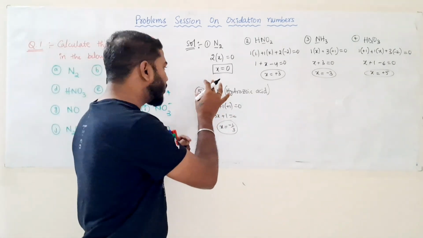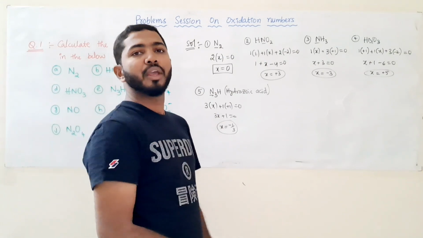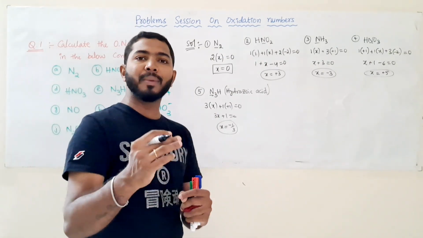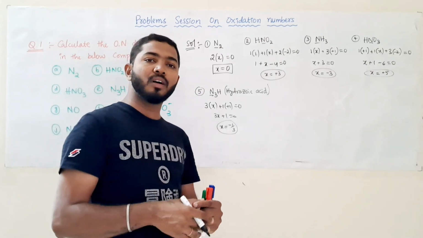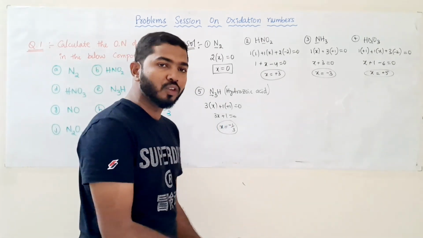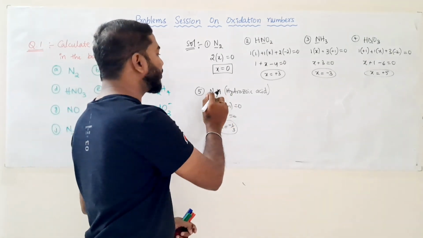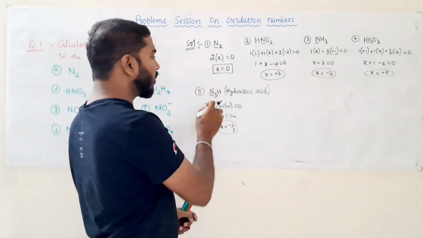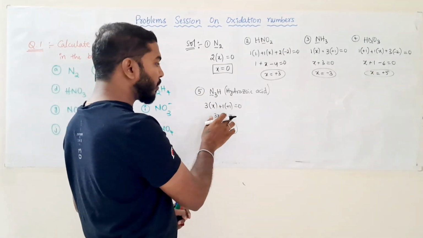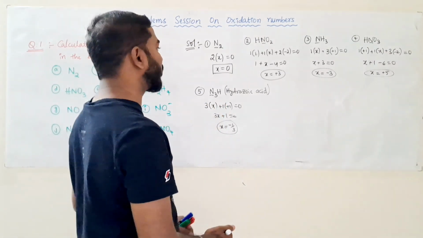Based upon this particular molecule, we have been getting a question continuously in different competitive exams, asking which of the following molecules gives a fractional oxidation number for nitrogen. If in the options we have HN3, that must be the answer. In the HN3 molecule we will get a fractional oxidation number, that is minus 1 by 3.